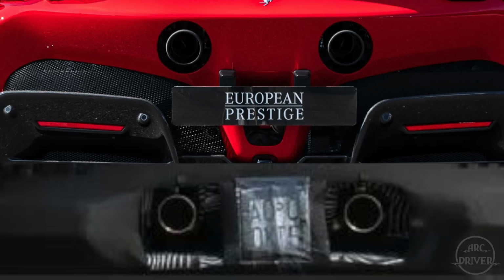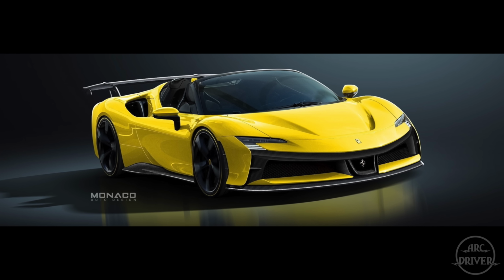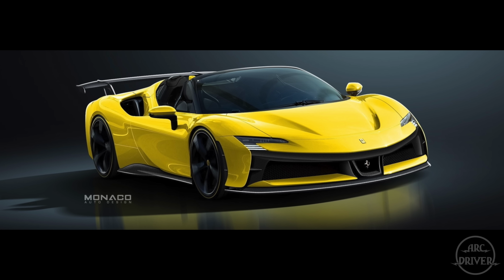A rear view of the prototype is slightly more revealing, and from the bulges on either side of the exhaust, it looks to be hiding a new rear fascia and diffuser. The SF90M is expected to receive updated aerodynamics and a power boost to its V8 engine that will give the